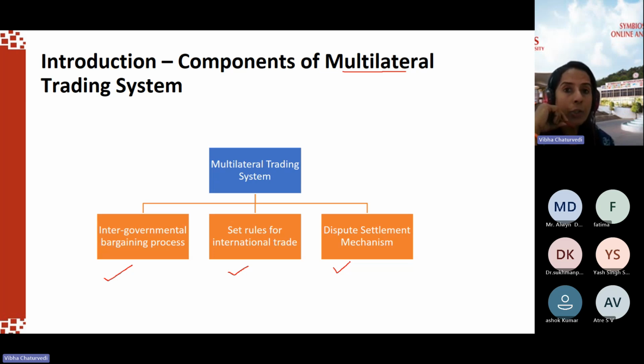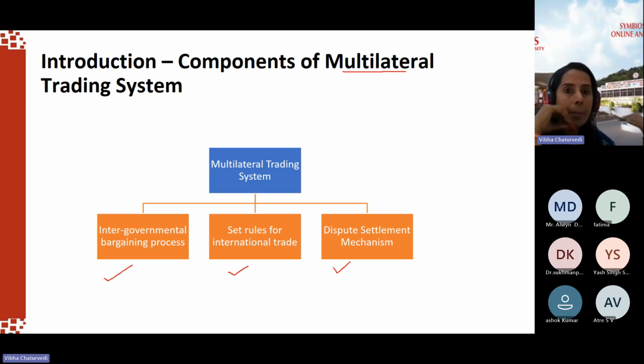Should that be challenged? Should that be discouraged? Or is that a fair deal? So when all these challenges came forward, it was realized that by 1994, no agreement could be reached. So nearly an 8-year period of the Uruguay round of talks, and when no agreement could be reached, it was